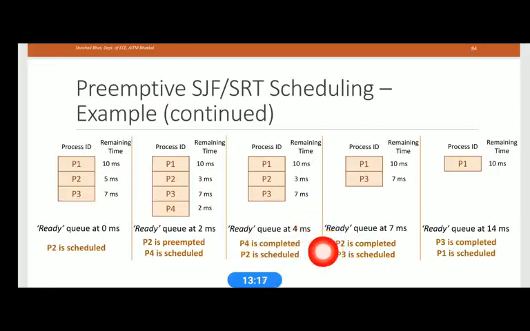So after 4 millisecond, P2 requires execution for 3 millisecond. After 3 millisecond, that means at 7 millisecond, right? P2 is completely executed, so P2 is completed. So P2 is pulled from the queue and from the running state, right?